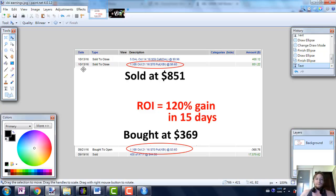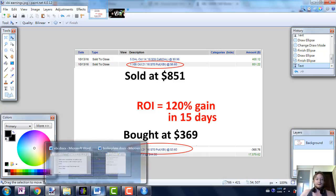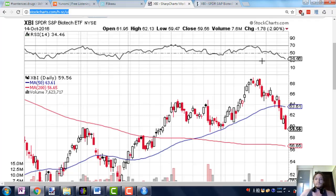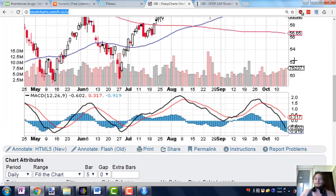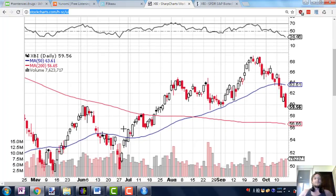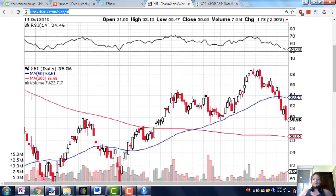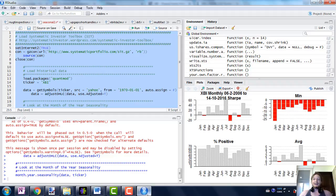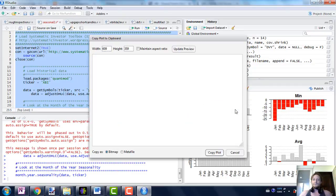Alright, so here's what happened. 21st of September got in, and then on the 13th of October got out. So let's take a look over here. Now we're not going to look at the exact dates here, but you get a general picture of the tops and bottoms when you look at stock charts. So clearly you're going to hit a top and bottom once in a while with this ETF, and a lot of that is seasonal. If you look at the monthly seasonality going back to when that ETF was created,